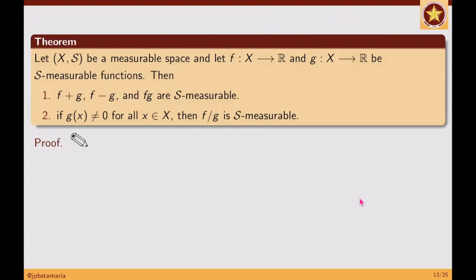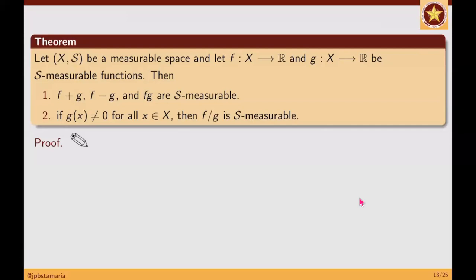Ang bida basta yung f at saka yung g. Okay, let's continue. So here we are now talking about the algebraic combinations of two measurable functions. Would they be measurable still? Halimbawa, inadd mo, sinubtract mo, minultiply mo yung dalawang measurable functions, o kaya dinivide mo si f by g. Would you get another measurable function? The answer is yes. For most of the interesting cases, yes.